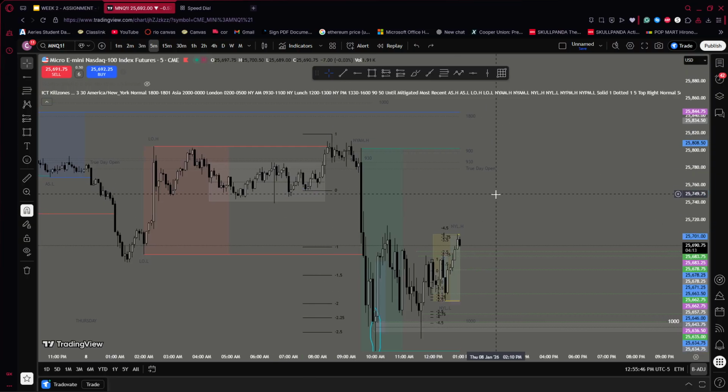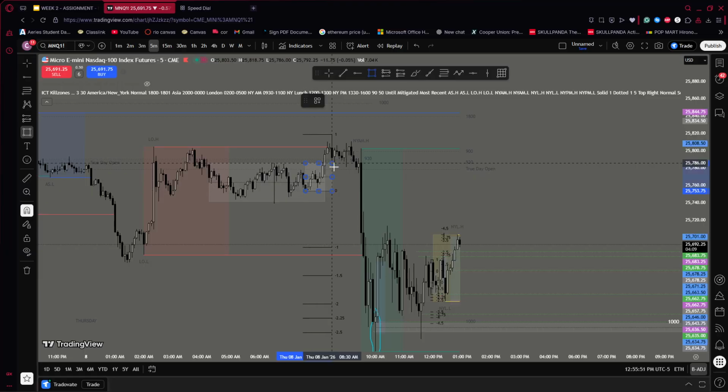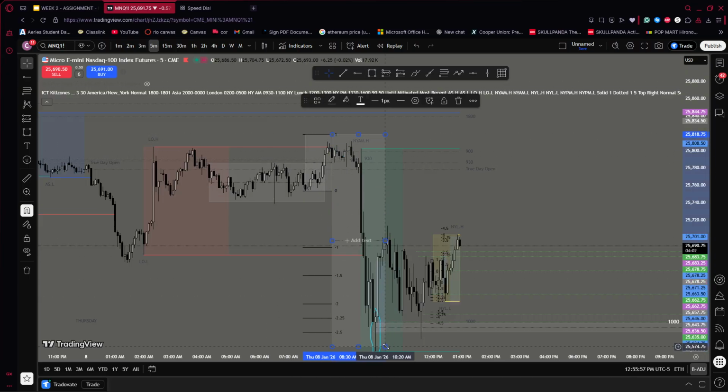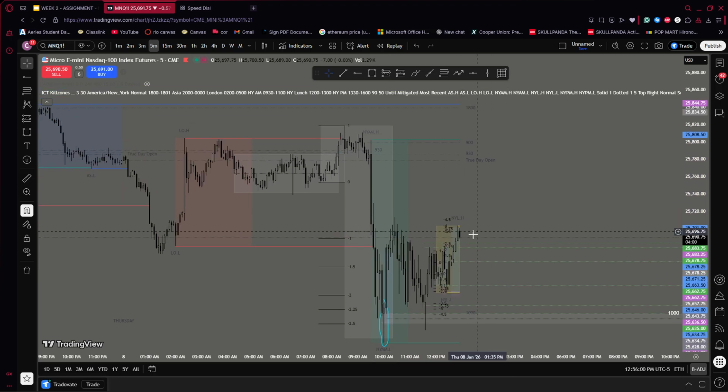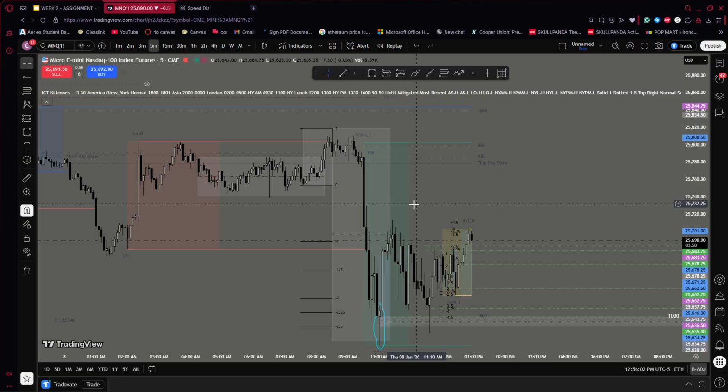And then this leg up right here, this is the manipulation, and then distribution, the D, right? So I saw this dump, and then I saw this accumulation, so I knew this was the